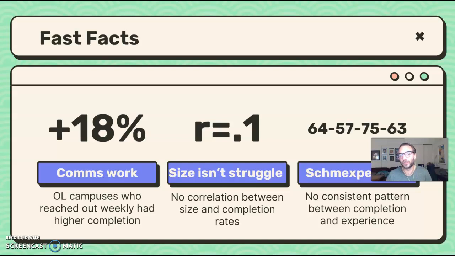And the highest completion rate was for DHCs that were between 1 and 2 years in their role. But then we drop back down to 63 for DHCs that have been here for 2 or more years. And so that kind of up and down pattern to me is saying that, look, it doesn't really matter how long you've been in the role. It's really about the decisions that you make in terms of how you're running things. We could create a narrative around this if we want to, but I actually think that gets more dangerous than just looking at these numbers here and noticing that sort of zigzag pattern.